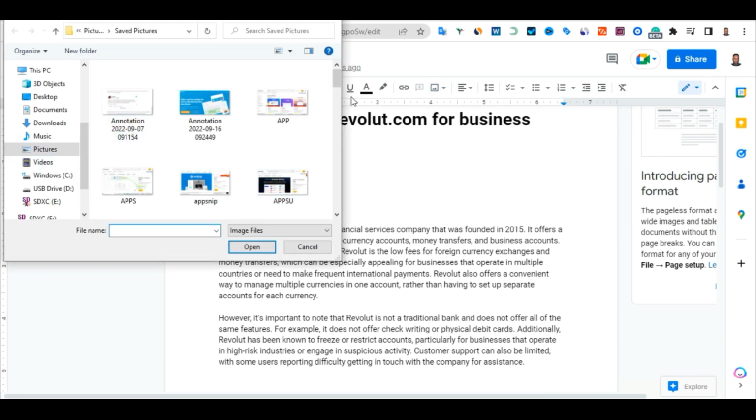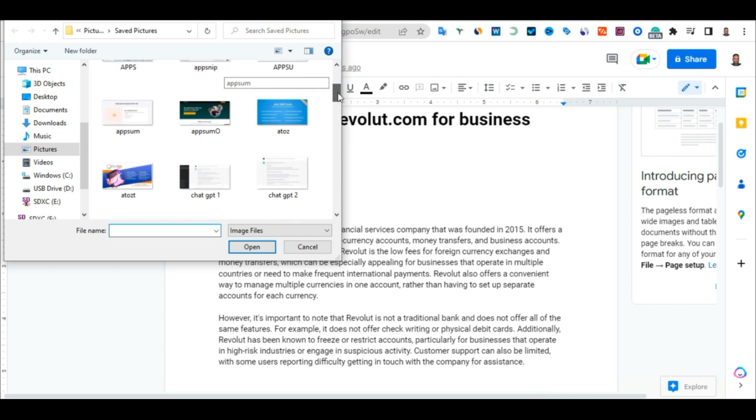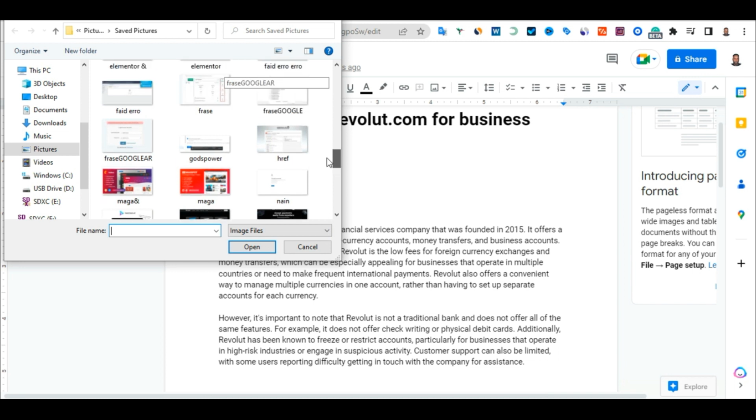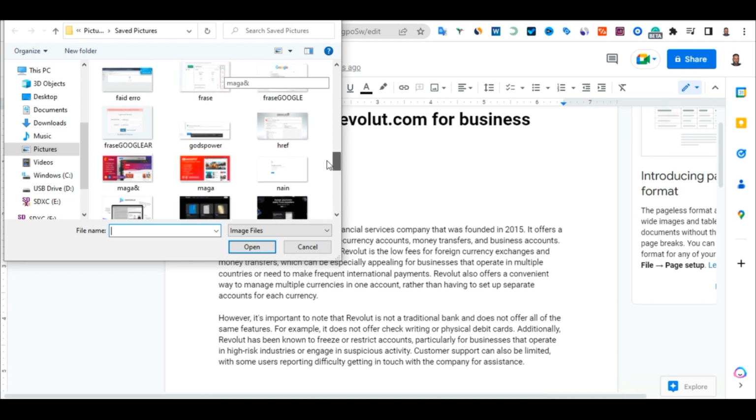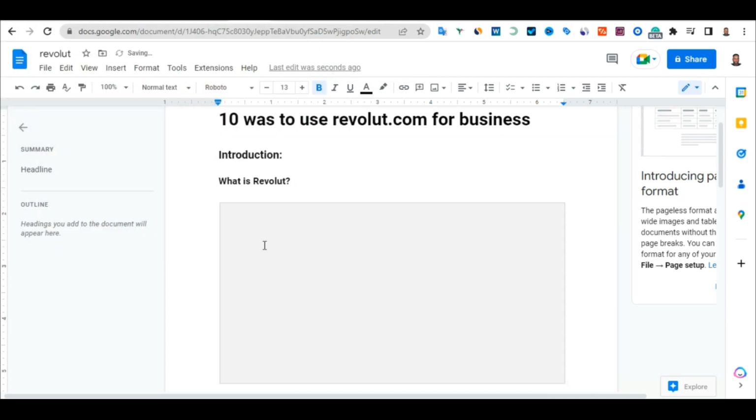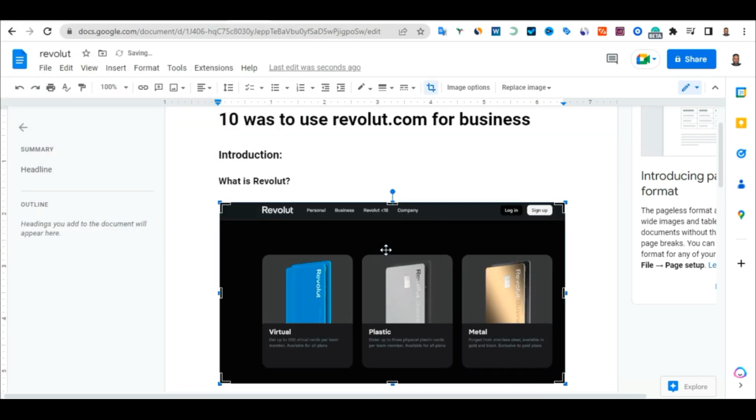So okay, let us use this section about Revolut. I will look for something that I've saved about Revolut. Okay, there is a card I saved about Revolut. So I find something where I talked about Revolut, which is this one. I will just paste in this image here, and you can see that this image is talking about the Revolut card.